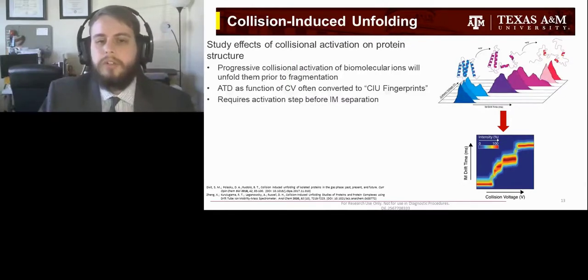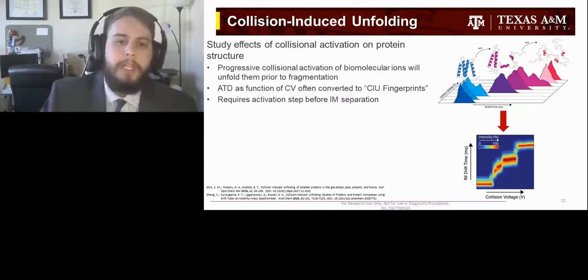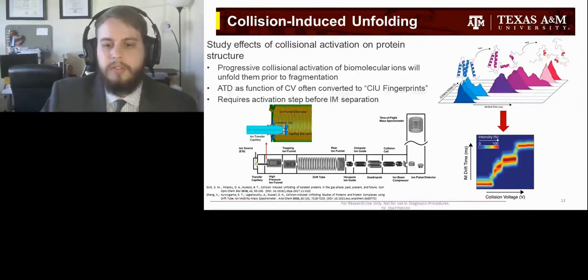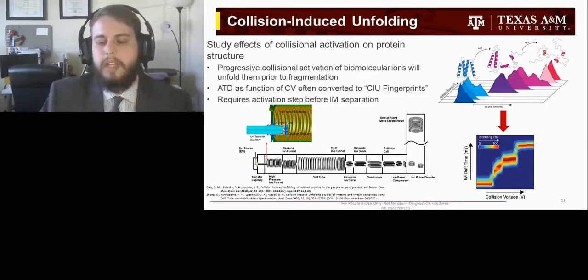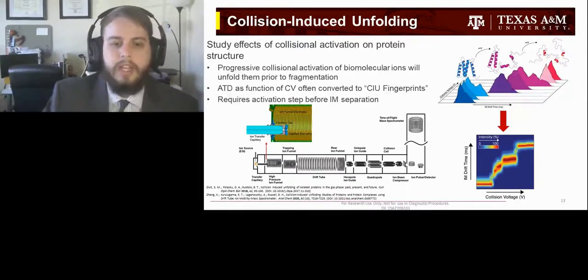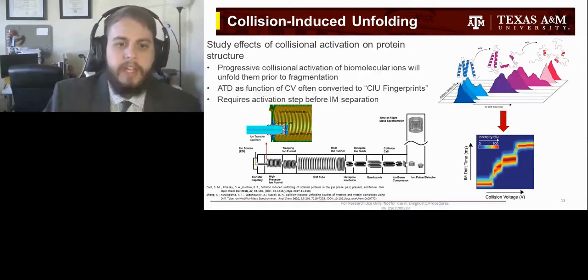Now, to do collision-induced unfolding on any instrument or any ion mobility mass spectrometry instrument requires an activation step prior to mobility separation. On the Agilent 6560, there's a collision cell in the instrument, but it's located post-mobility. So you would be unable to do collision-induced unfolding by just changing the voltage applied to the collision cell. In this case, we've partnered with Agilent, especially Ruan Kurogama in Santa Clara, to develop this activation cell at